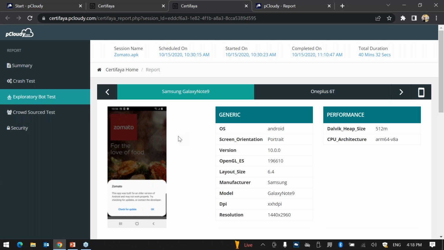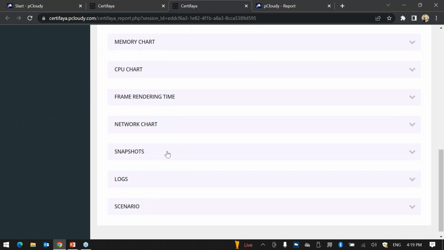Again, the bot selects 10 different random devices and installs the app on all 10 devices, based on the criteria, right? So based on the intelligence of the bot that is provided and also the application category you selected, the bot logs into the application if you have provided any data, and then it tries to navigate to different parts of the screen and tries to capture at every screen level, right?